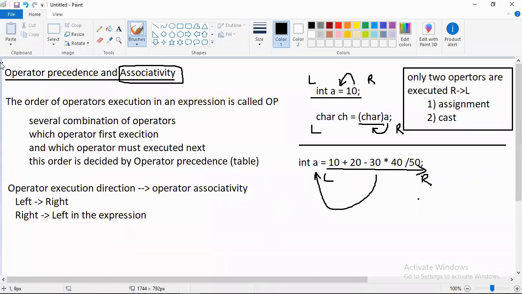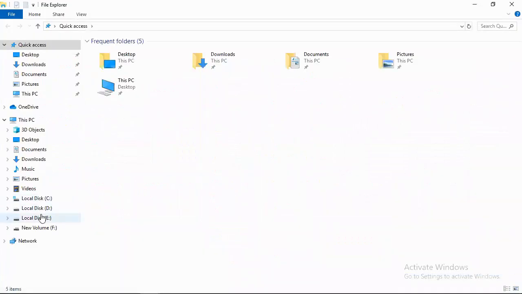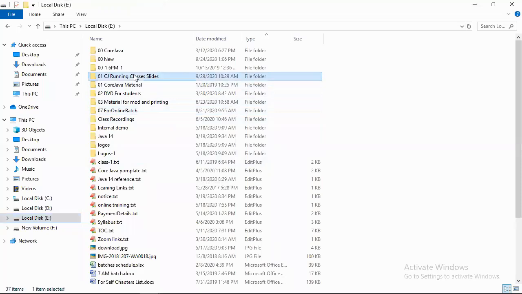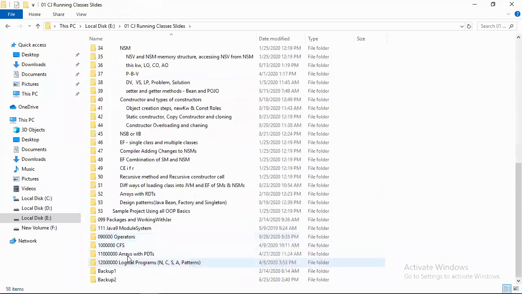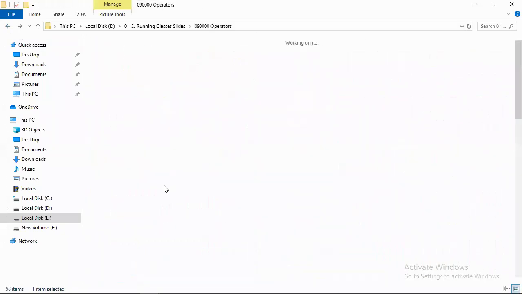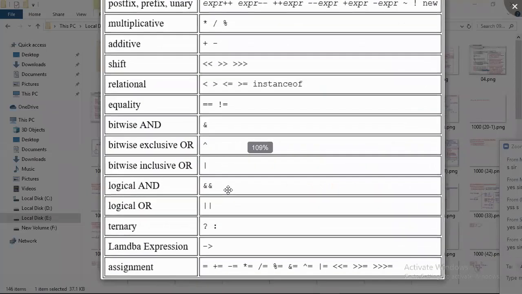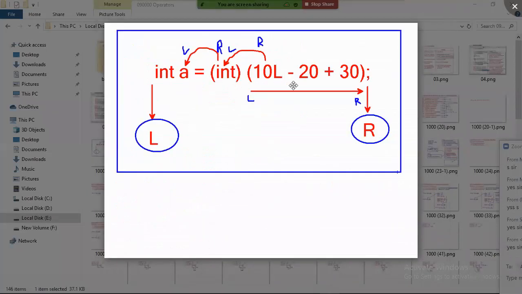Now let us see operator precedence. Operator precedence has a big table. Let me show you the table. You can directly remember it. We will use this table in calculation operations. While using operators, we are going to follow this table. So this is operator associativity, which direction is executed.